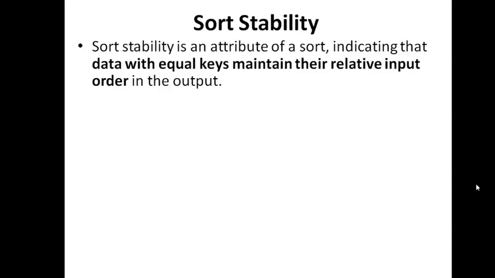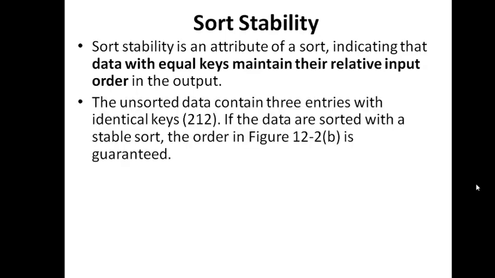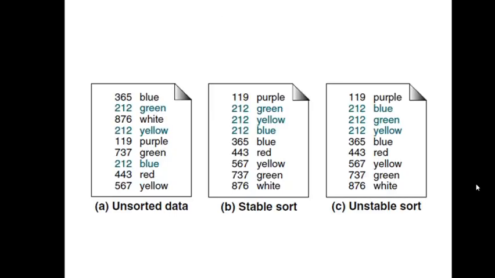Another factor involved in sorting is sort stability. Sort stability affects the sorting, or is to be considered, only in cases where there are duplicate values. When the same values are repeated, in which order they have to be placed has to be considered based on the stability. According to this discussion, let us take the given example. Here we can see that the number 2 record 212 has been repeated thrice.